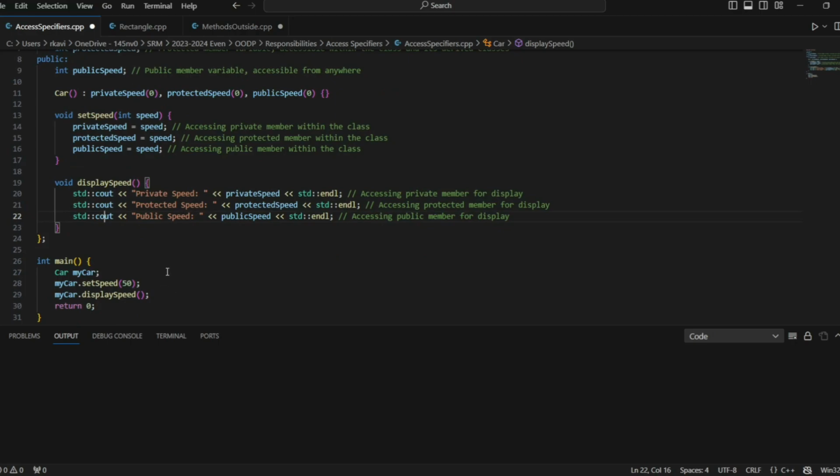we created an instance of the Car class called myCar. myCar.setSpeed(50). We set the speed of myCar to 50 using this setSpeed method. This method internally updates all three speed variables. And